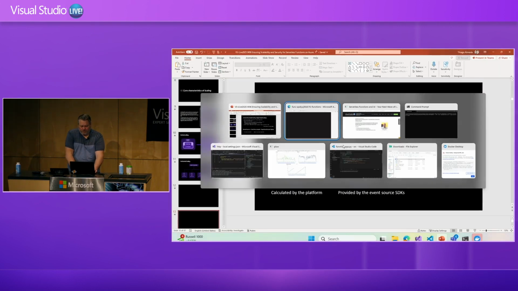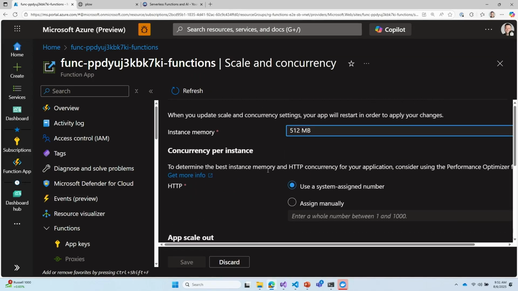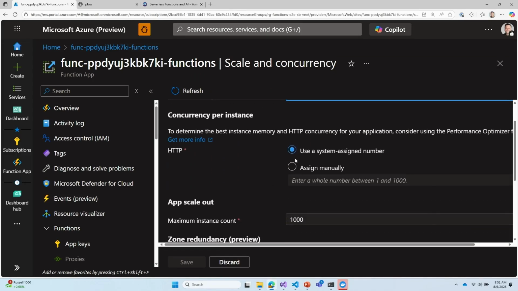You can just go to your function app here, the same place where I had instance memory. You can change, when you say use a system assigned number, the documentation there will tell you what the defaults are. But for C#, 2 gigs is 16, and 4 gigs is 32, and 512 is 4. So it's basically aligned to the size there.